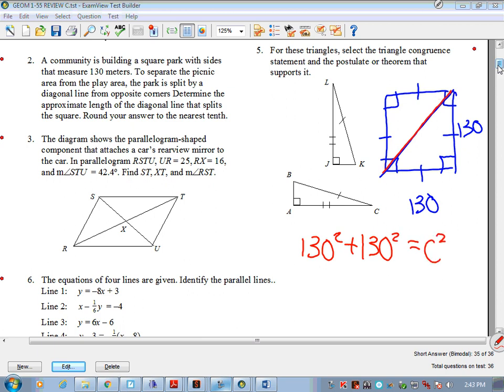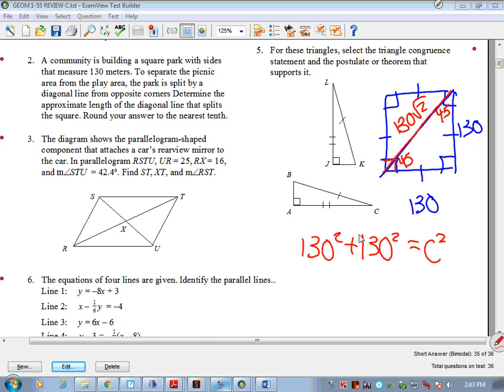Or I could see that a square is also a rhombus, and my rules of a rhombus tell me that diagonals bisect opposite angles. So if that was 90 degrees to begin with here, I'm going to divide that by 2, and I'm going to wind up with a 45, 45, 90 triangle, in which case I know that my ratios are x to x radical 2. So if the side length is 130, it's going to be 130, 130, 130 radical 2. Either way that I do this,